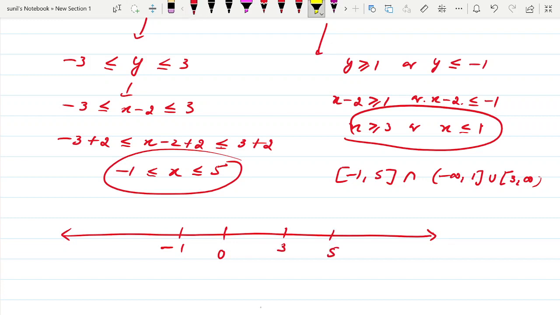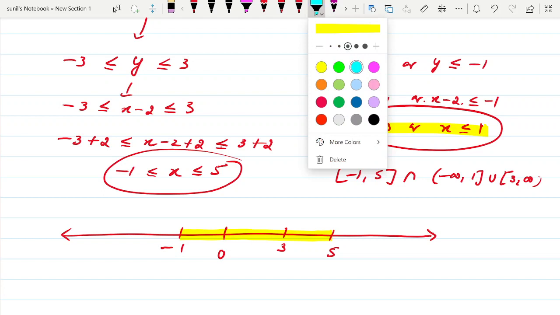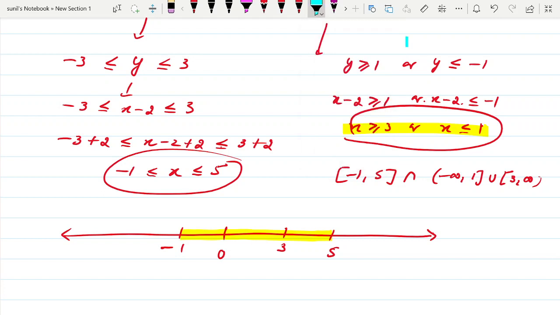First let us shade this part. Look at this. And now I will try to shade this part with a different color. x greater than or equal to 3. This part will be automatically shaded. Now you have to observe where the color is changing. There is one more point, that is 1. Here is 1, and if I shade this particular part,